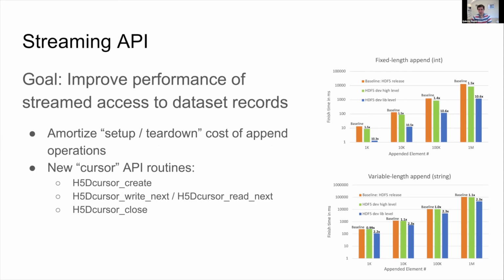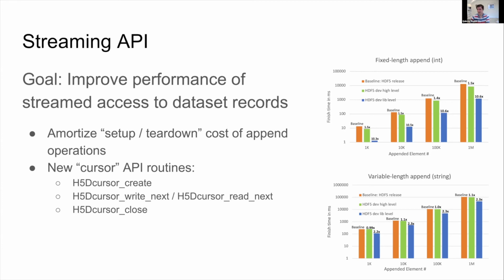So moving on to the streaming API, we'd really like to see that performance improve. There's increasingly turning the knob up on the sample rate for these kinds of light sources. And as part of that, we've been working on improvements to the streaming record appends and record reads inside HDF5. Here you can see these baseline performance numbers start off at hundreds to thousands-ish milliseconds once they scale out. And with these improvements we're working on, we're seeing 10 times better performance for streaming data and accessing it back